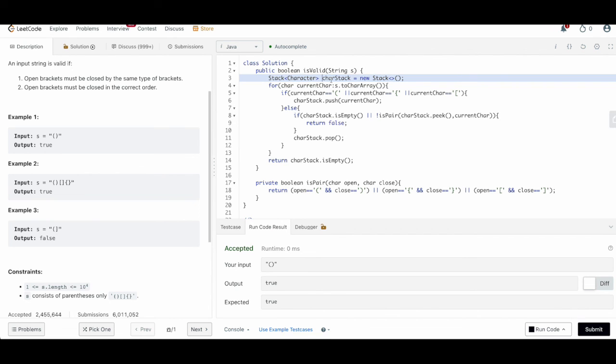Suppose we have a string of length n where all the characters are open brackets. In that case we will keep pushing all these opening characters to the stack, and at the end, because the stack will not be empty, it will return false, so the program will run fine. But our stack will have all the characters of this string, so in the worst case it will be order of n. So the time complexity is order of n and the space complexity is also order of n.